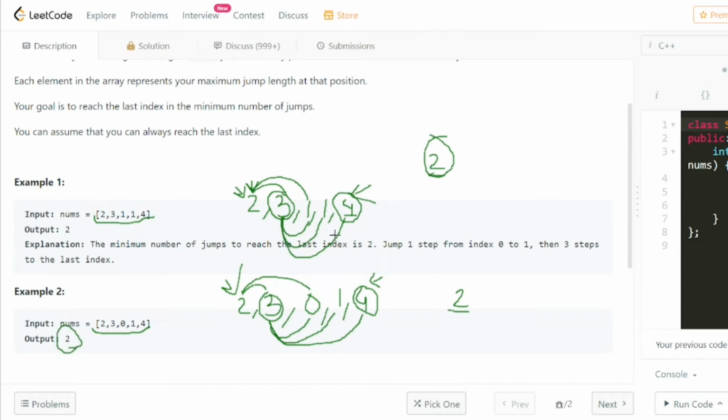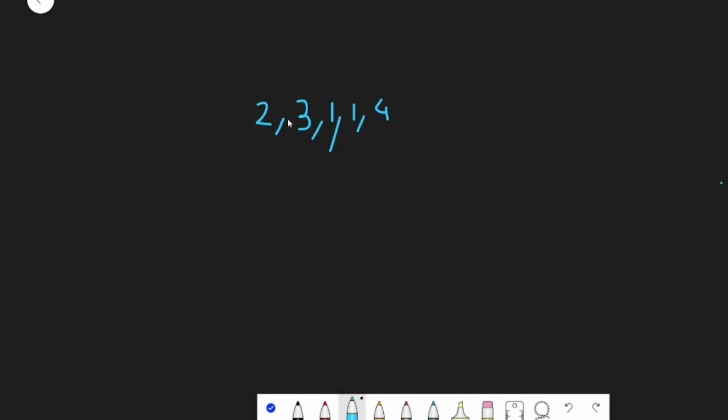So now let's understand the algorithm for this problem. Before knowing about the algorithm, I would highly recommend seeing my previous video on Jump Game first, and then coming back here, because the dynamic programming algorithm is based on the algorithm which we used in our previous video.